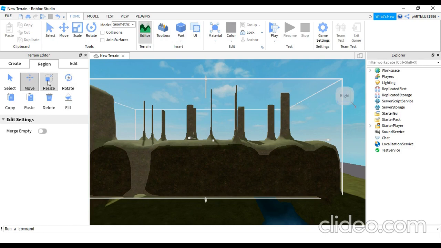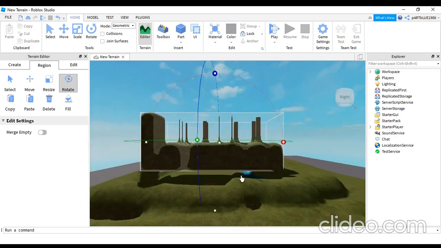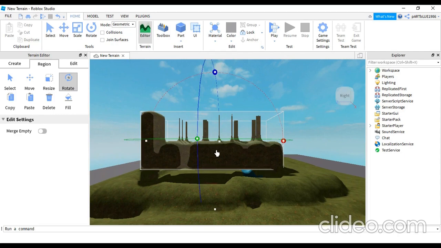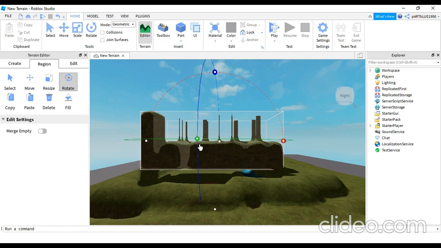Okay, resizing is just like scaling up anything. Then rotate is like you can rotate anything. Whatever selection you have done, only for that these options are going to work. Selection is important. Whatever you are selecting, for move, resize and rotate, I can rotate it in the XYZ axis again. See, this is getting rotated, right? It was taking some time. Accordingly we can rotate it in the XYZ axis. Rotate is all about that.